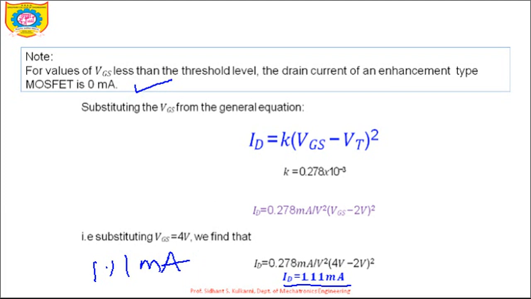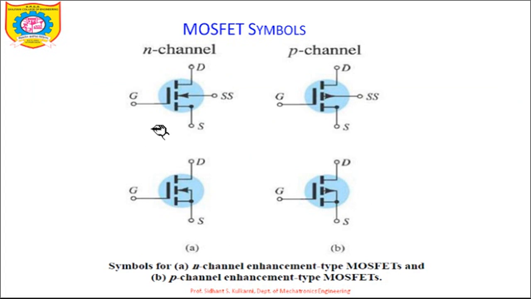Now once again, the symbols. Like the depletion type MOSFET symbols we have gone through, here also the symbols look the same. The only difference is that in this case, since the channel is absent, it is shown by a discontinuous line, or cut lines, which represents the substrate. The arrowhead once again remains the same. For the P channel MOSFET, if we short it, the symbol will become this. Both the symbols are the same, except that the substrate is shorted to the source. Here also it is possible.